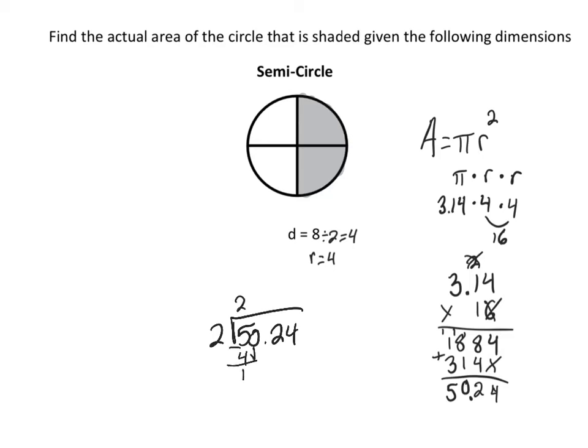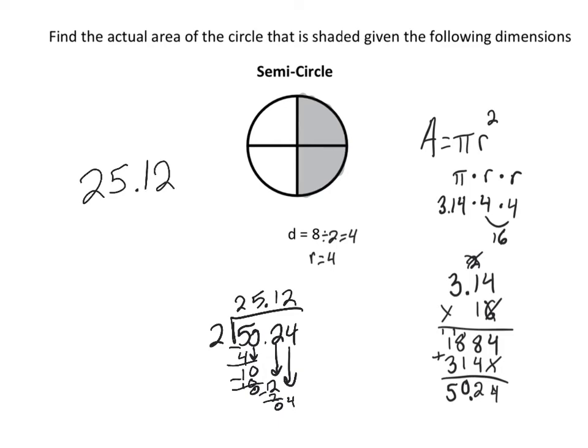Subtract, we get 1. Bring down our 0. 2 goes into 10 5 times, and that's 10. Get 0. Bring our decimal straight up, our 2 straight down. 2 goes into 2 1 time, that's 2. We get 0 left over, bring our 4 straight down. 2 goes into 4 twice. So our final answer would be